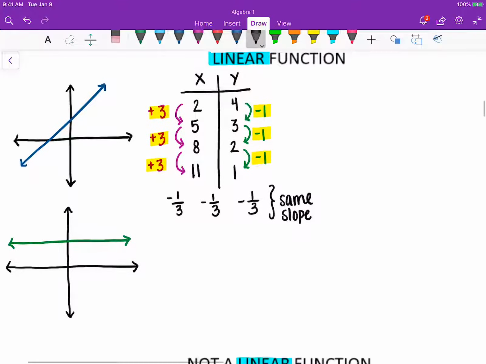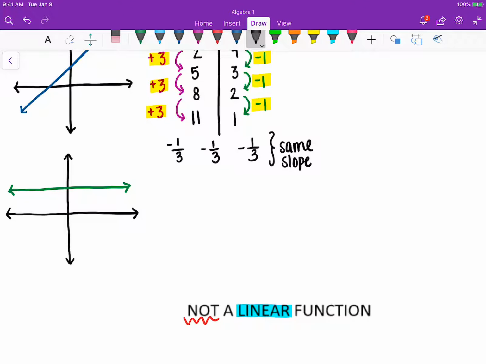It's not always that obvious though. So here's another table of x's and y's. Let's see, I'm going to do 0 and then 5, and then I'm going to do 15, and then I'm going to do 30. And then for my y's, I'm going to do, let's see,